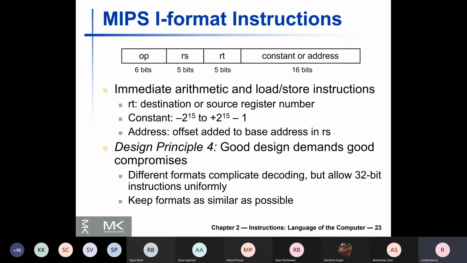We have already discussed that the constant can be maximum 16 bits, and because the constant is interpreted as a 2's complement number, the range of a 16-bit 2's complement constant corresponds to minus 2 power 15 to plus 2 power 15 minus 1. So this is not a very large range. 2 power 10 is about 1000, so 2 power 15 is about 32,000 something.